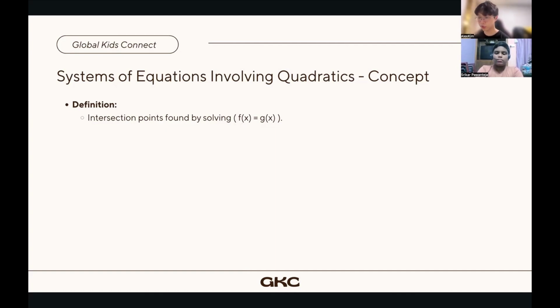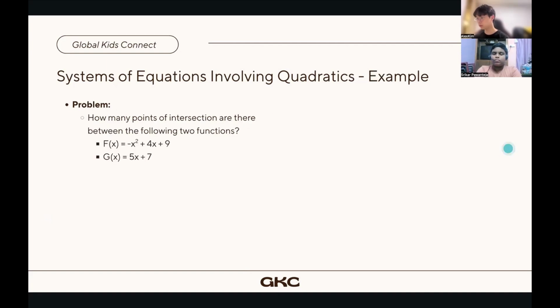And so we'll take a look at questions that utilize this concept. Our example question states, how many points of intersection are there between the following two functions? Capital F(x) is equal to negative x squared plus 4x plus 9, while capital G(x) is a linear equation, which equals 5x plus 7. Remember, you can always set these two equations equal to each other because they share a common y value, or a common F(x) and G(x), so that we get